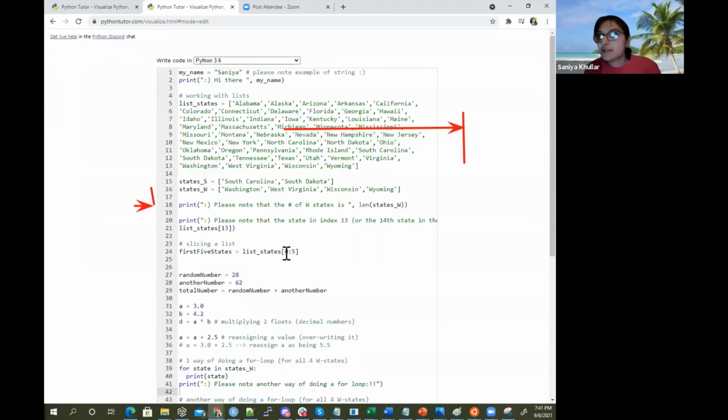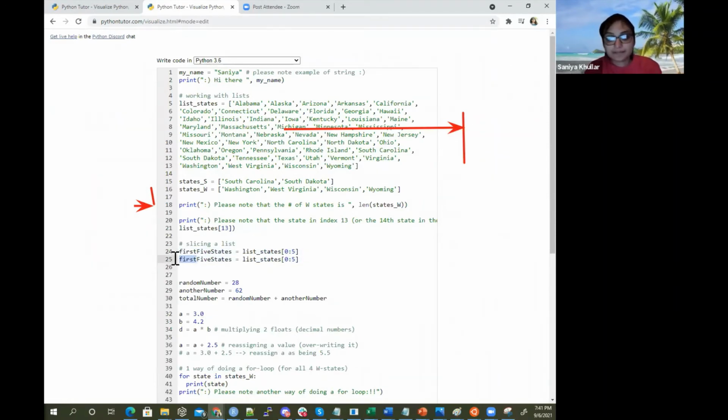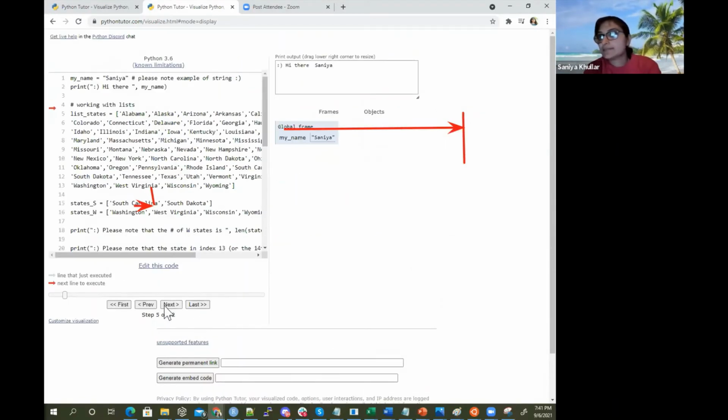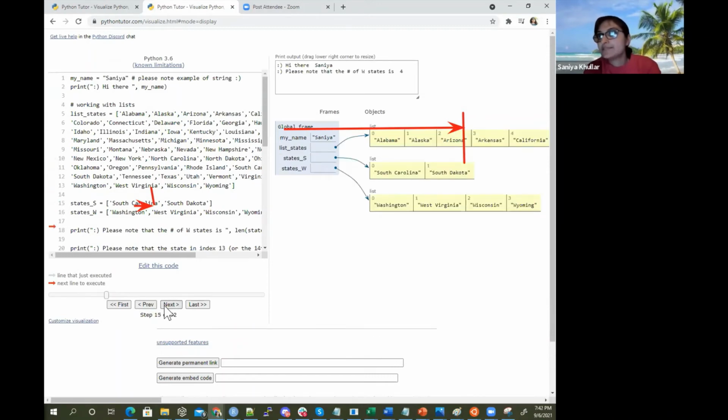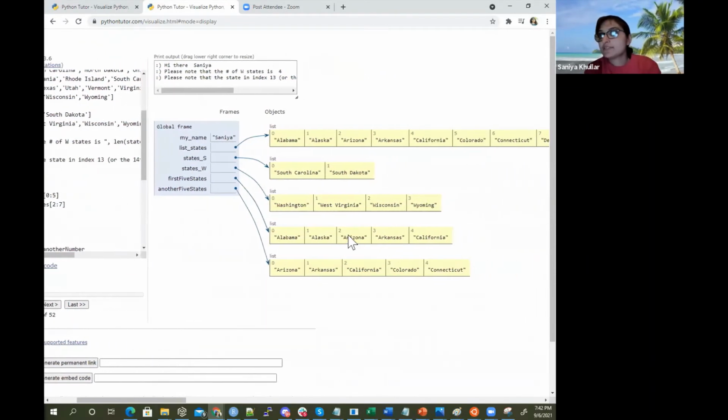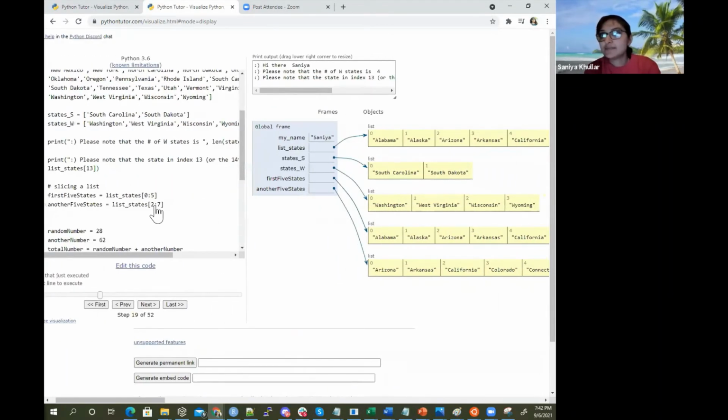If you're not convinced, let's also have another 5 states. Maybe we can have this from 2 all the way to 7. And then you can see what that looks like. And that's the beauty of the visualizer. You can just see all of these things playing out. So the way that works again is that because we're looking at 2 to 7, why it chose Arizona for the slicing from 2 to 7 for another 5 states is because we're starting at